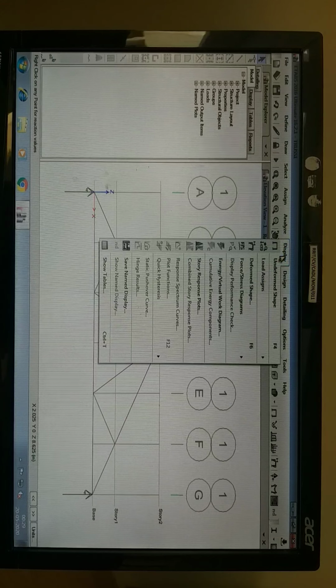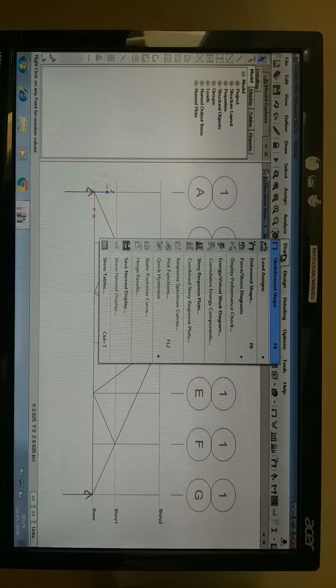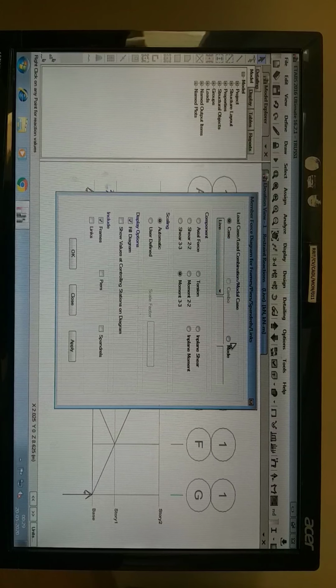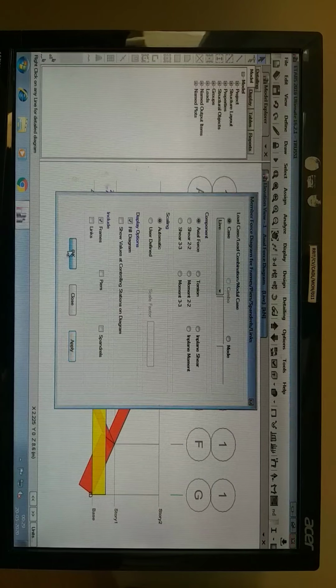And next we require member forces. So go for display, force or stress diagram. In that frame, member force diagram for frames or piers or spandrels or links. In that click on axial force, select axial force, click on apply, okay.